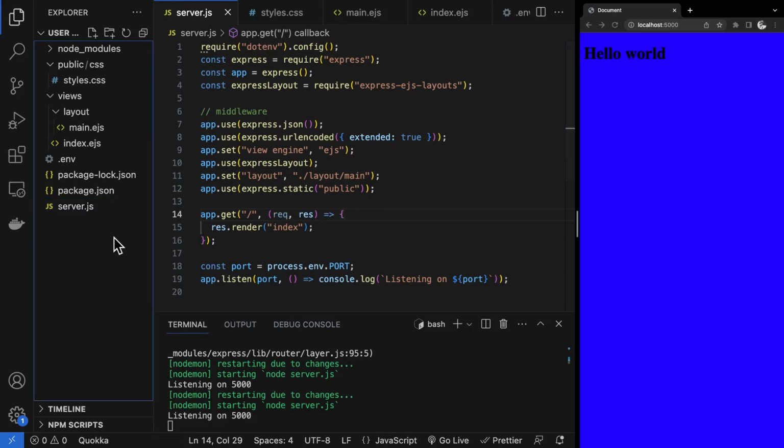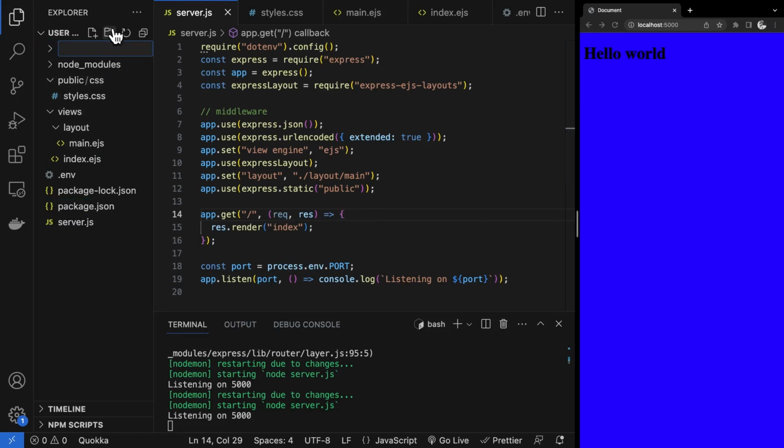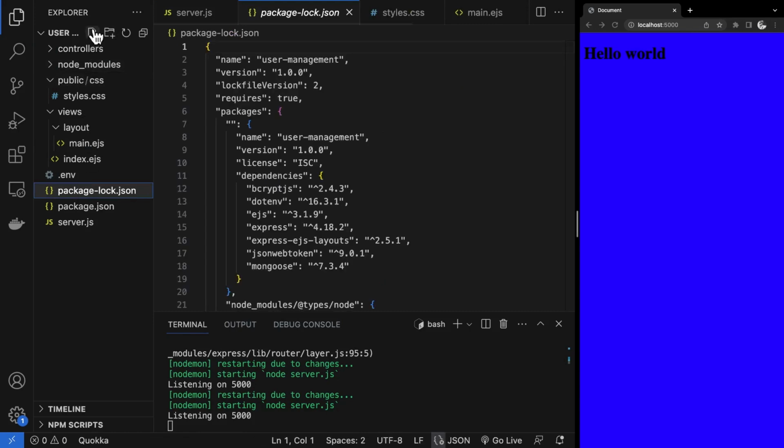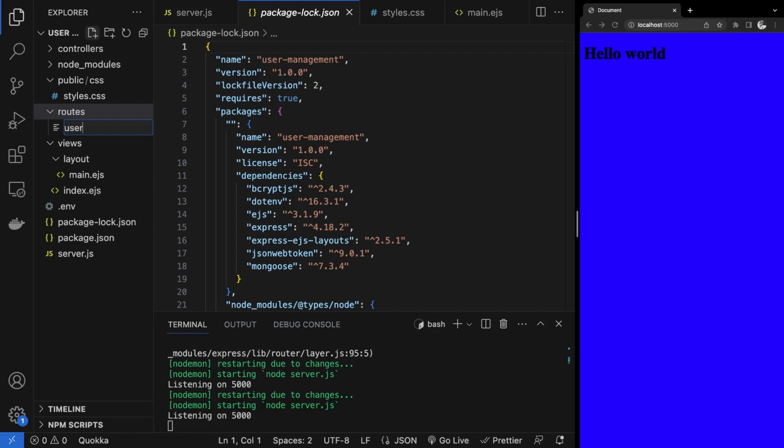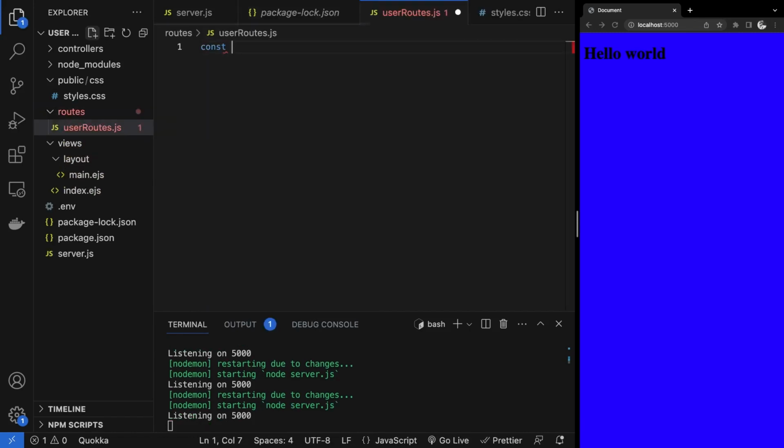what I also would rather do is to split this into a controller, and then also have my routes folder so that we can have more control over our code. So let's say userRoutes.js. const, let's bring in our router from Express,